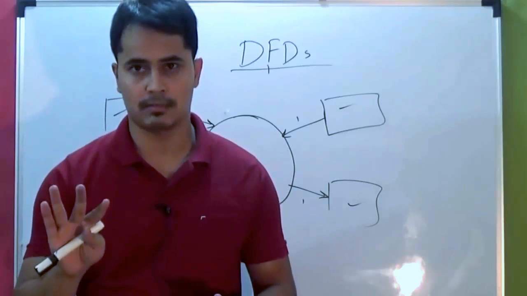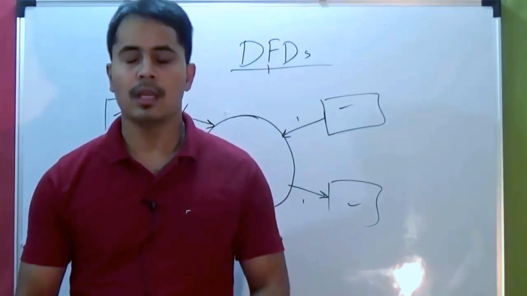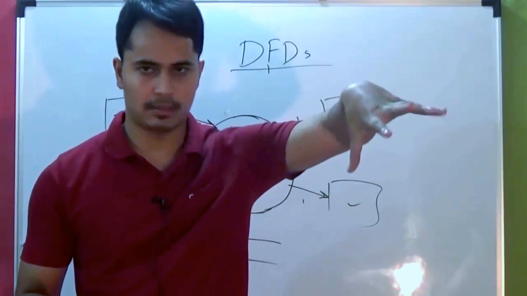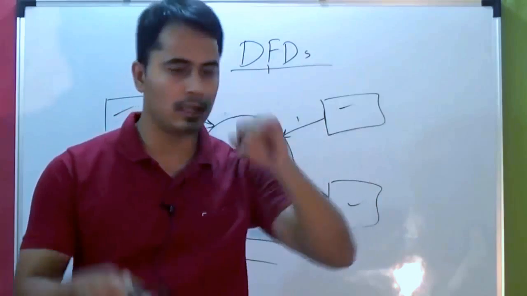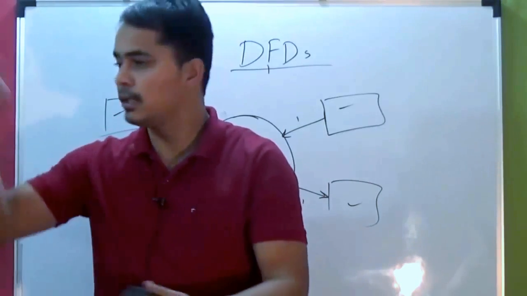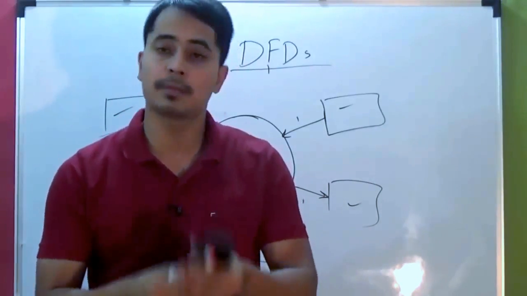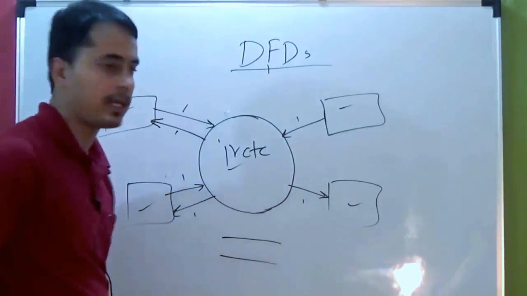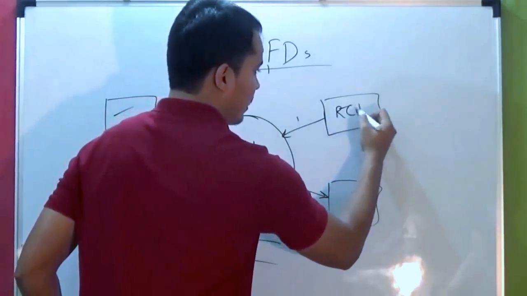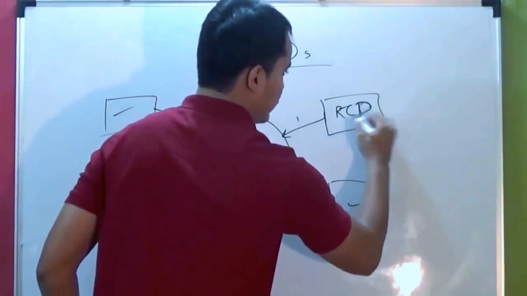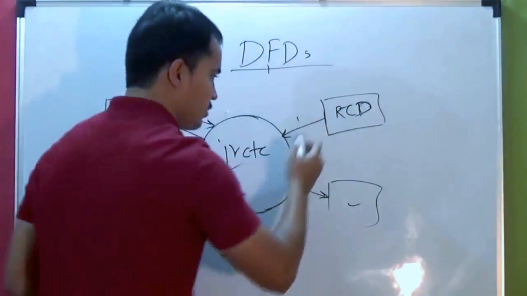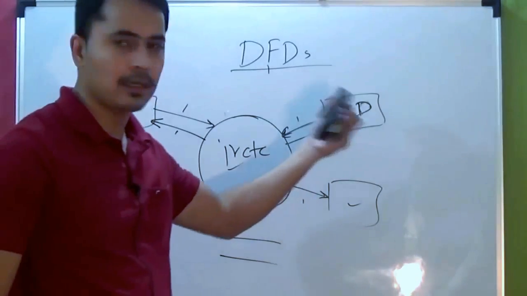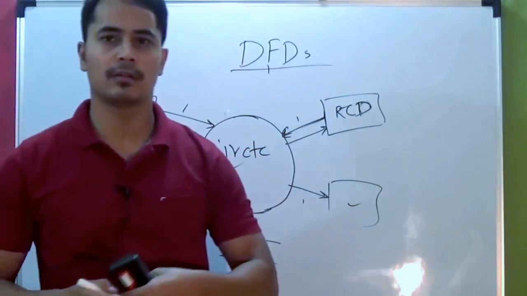So there was some central database, right? Even though IRCTC is there, the old school booking is still on. That means there are also those traditional computers where they book the tickets for you at the station, and then there is this IRCTC website where people book it. See, this is my IRCTC system which I am designing. Then there is this Railway Central Database, RCD, which is already there, up and working, which is going to provide me data and I'm going to store data in it. So, isn't this an external entity for the IRCTC system?